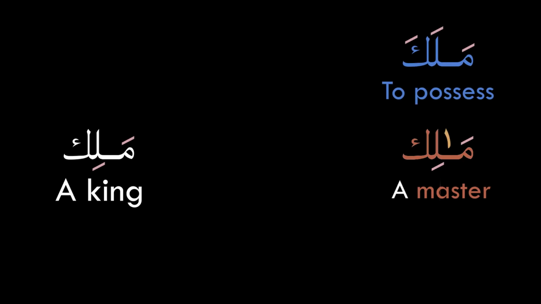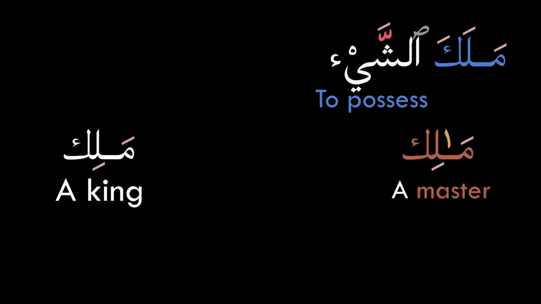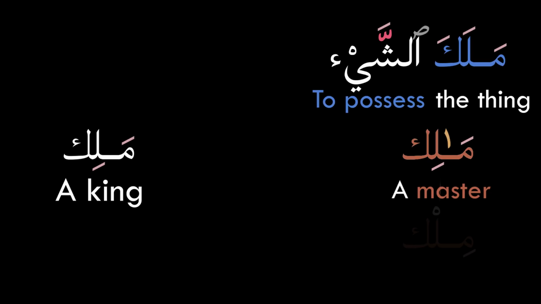But some readers thought that they should add this dagger alif as well, as they did with Al-Alamin and Ar-Rahman, so they read it Maliki, which is an active participle that means the one who possesses, owns, or masters, and this derives from the verb malaka, which means to master or take possession. So, malaka shay'a means to take possession of the thing or to master the thing,